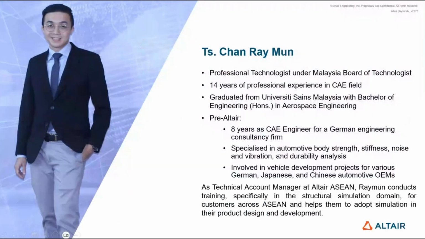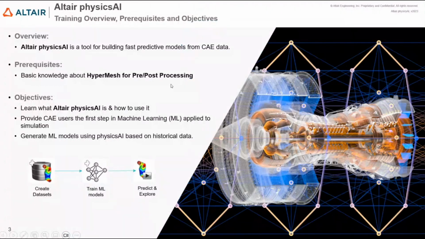So you already know who I am, so I will skip that. So basically physicsAI is one of our newest tools to train an AI model. Once the AI model is trained, you can use it to predict results. Okay, so if you already have a trained model, then you will not be using your original solver anymore. The purpose of this is to replace the solver so that you can get results faster,